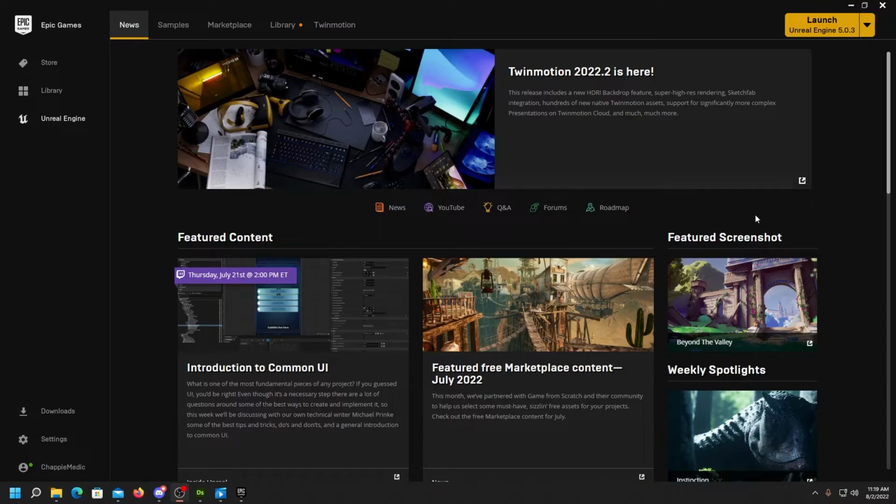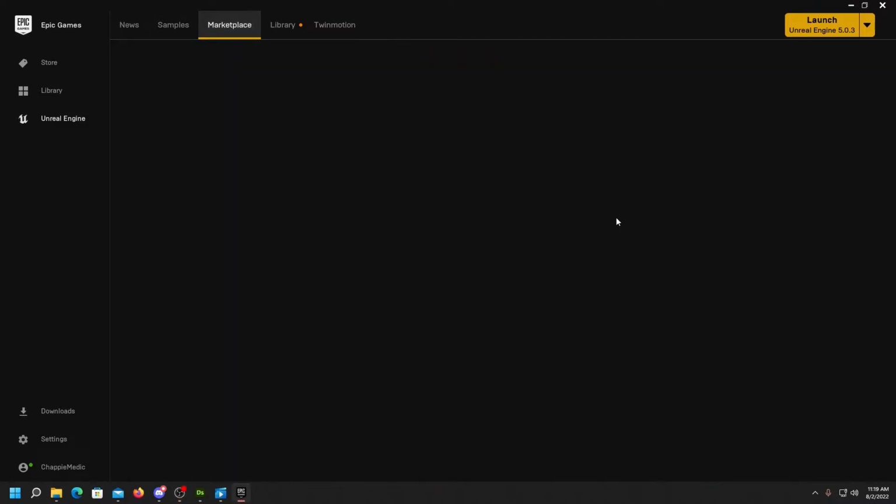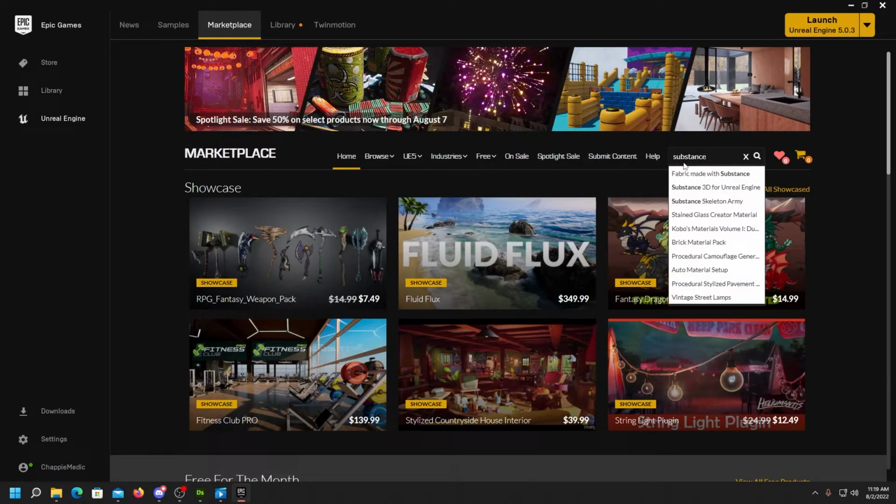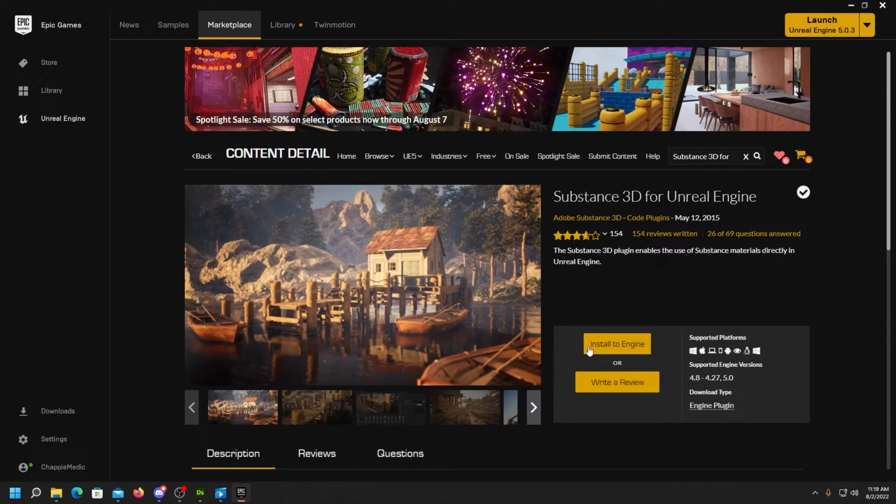Okay, so we're going to need the Substance 3D plugin for Unreal. It's pretty easy to find it and install it. You just go to their marketplace, type in Substance, and one of your options that can pull up is Substance 3D for Unreal. Go ahead and click Install to Engine, and that will put it into your engine and make it